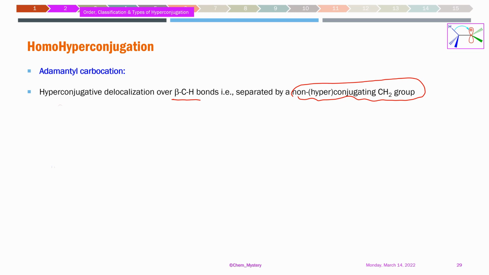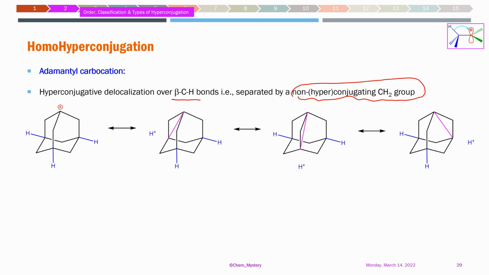You remove that positive charge from here, just put one hydrogen over there, that is adamantane, the basic building block of the diamond. All the carbons would be tetrahedral. If you remove this hydrogen, you start joining there with the next such six-membered rings. That is how the diamond is basically generated. Never mind. Coming back, in this adamantyl carbocation, what is happening is the positive charge which is present on the carbon